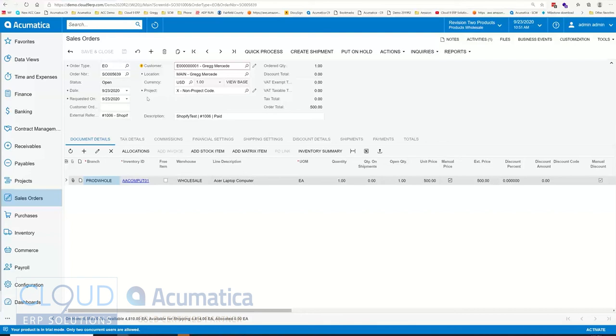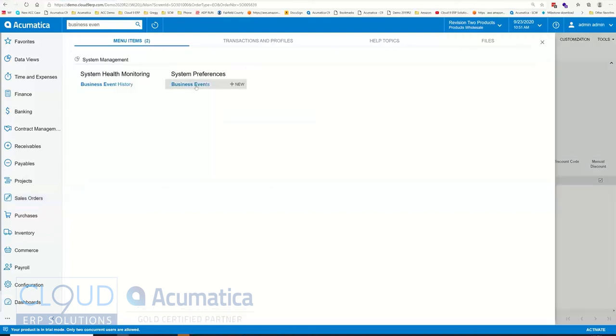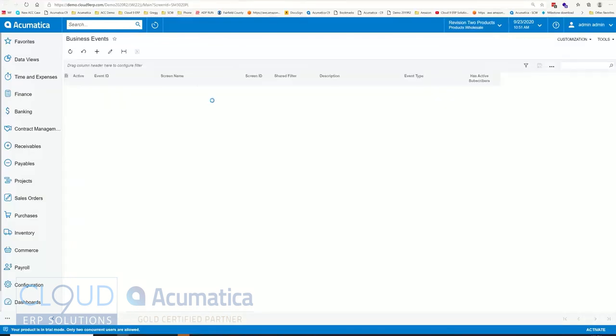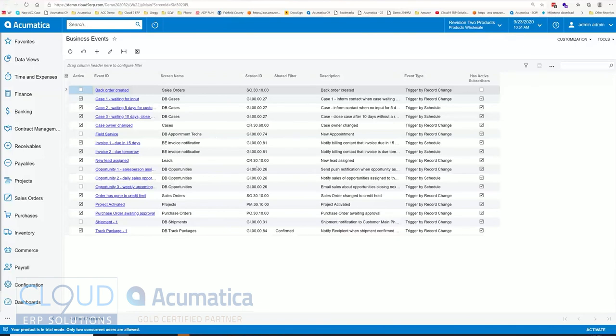But what you might not be aware of, and this is part of 2020 R2, is Acumatica is converting all of that to business events. So many of you have started to use business events. It's something that's been added to Acumatica, I would say about 1.5 years now in the making. And business events gives you the ability, maybe I'll just show you the business events screen. I'll open it up just so you can see some examples, because what we're about to show you is going to actually